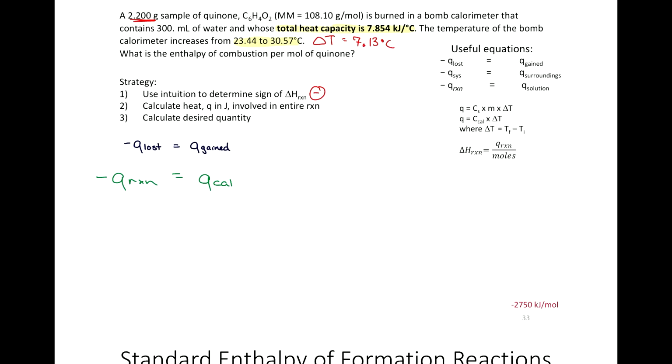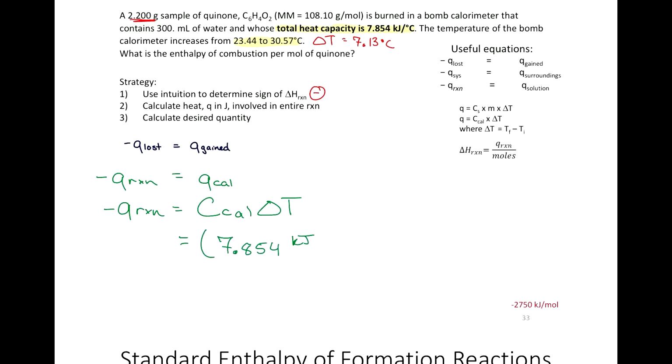But this time, we're going to use the heat capacity of this calorimeter. We're going to say negative Q of our reaction is equal to the heat capacity of our calorimeter times delta T of our calorimeter. So let's look at this. Do we know the heat capacity of our calorimeter? Yes, it's given. Do we know the change in temperature of our calorimeter? Yes, it's given. So we'll plug in those numbers,